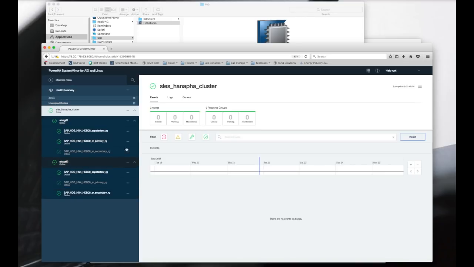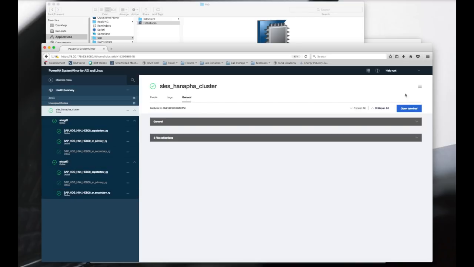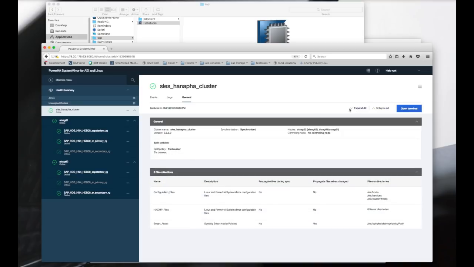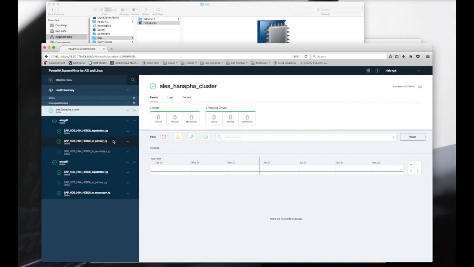If I wanted to get some information about the cluster, I can get limited information through this particular front end. I do have visibility to the cluster logs themselves, and then obviously the events. If I was going to initiate a movement operation, a soft move, where I wanted to relocate the primary instance from one side to the other, I can easily do it through the command line with a cl_manager operation,